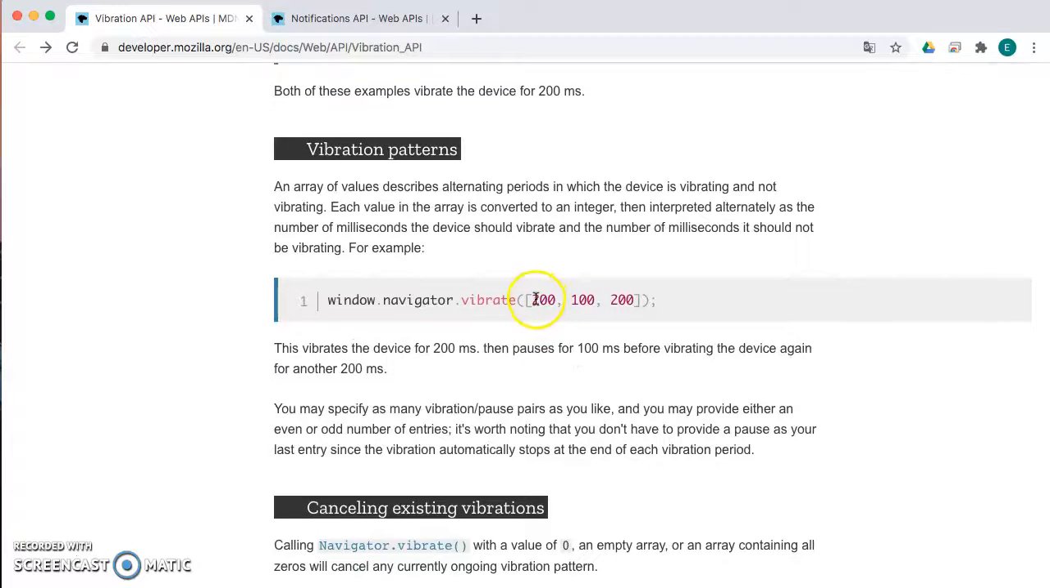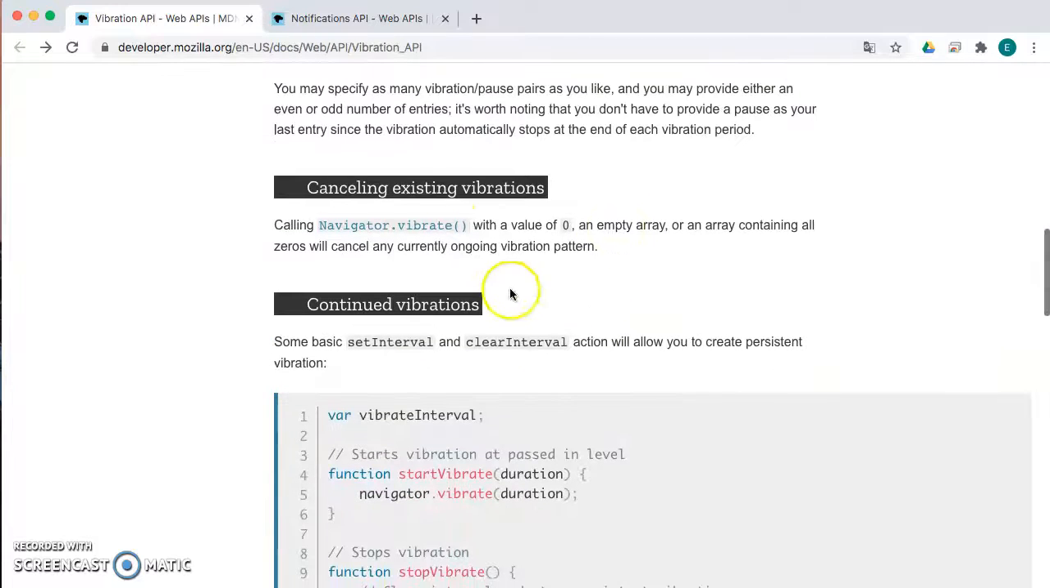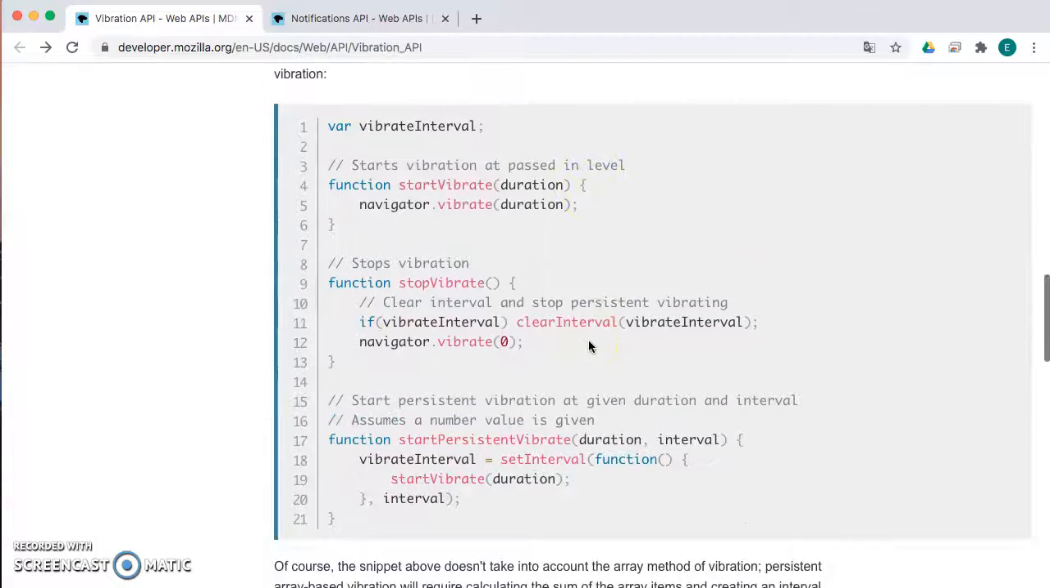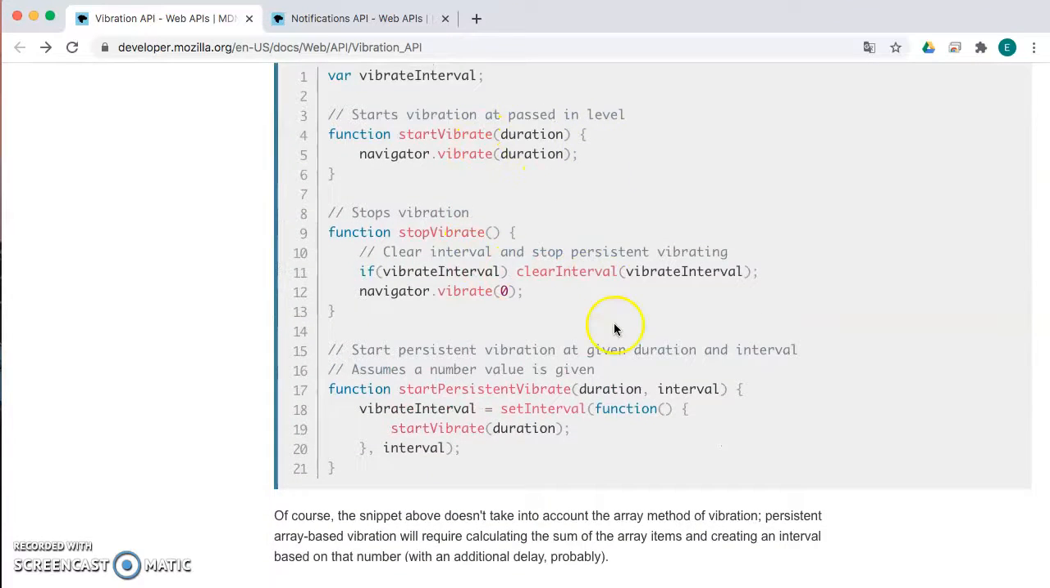Then you can actually define the type of patterns you want, so you can vibrate for an extended period, then a lesser period, then back to an extended period. And you can even come down here and use a value of 0 to cancel any of the vibrations. And eventually you can write your own functions to start and stop the vibrations based on the durations that you